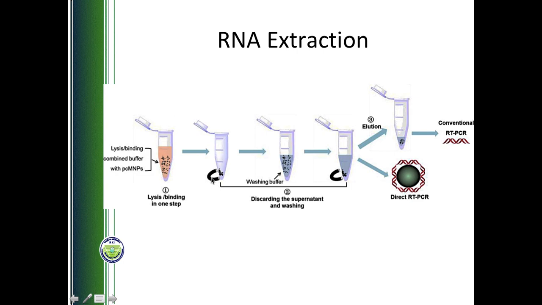So once we activate the magnetic field, all the beads which are having RNA will come to the wall of the tube and you can remove the spent lysis buffer and the binding buffer. So now the tube is empty, but the beads will have some sort of impurities. So we will add wash buffer to just wash the beads.